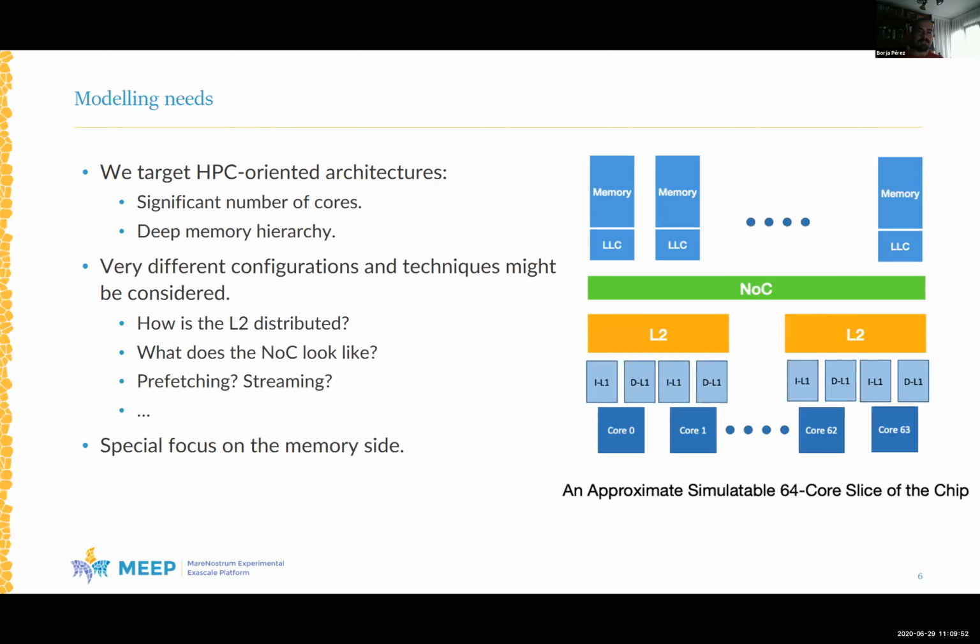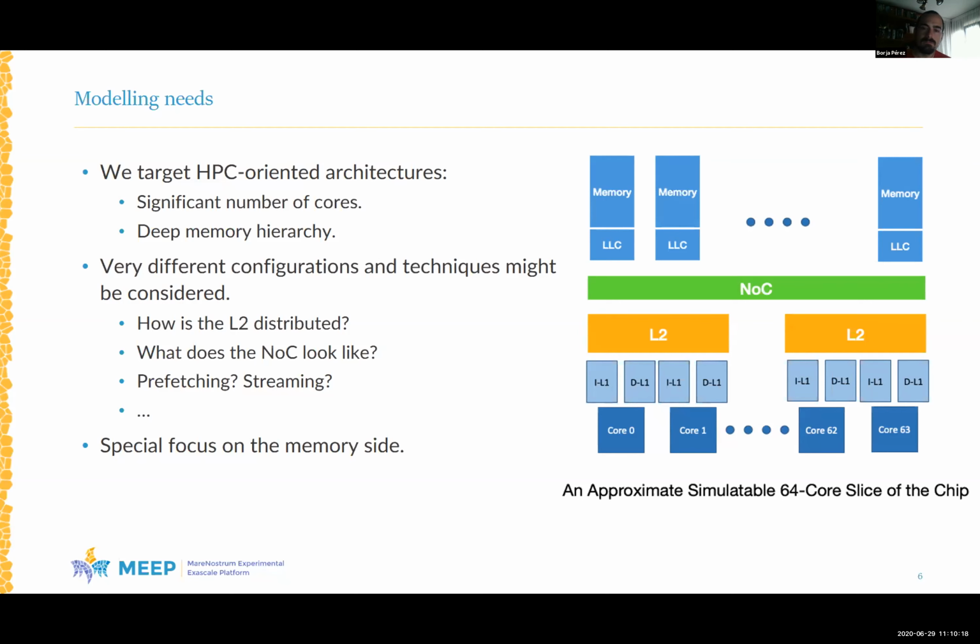Considering this is what we would like to model. This is just an example, an abstraction, because if we were honest, we would like to model even bigger things. We would like to go as big as modeling 1,000 cores on a single chip, making everything coherent, but we know that that will be hard from a simulation perspective.